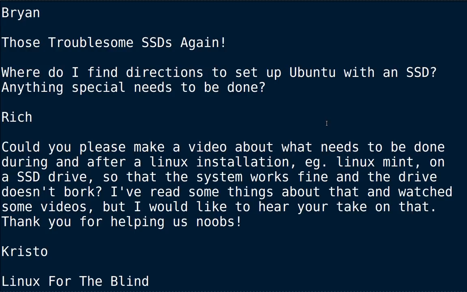You do not have to go into your fstab and set discard. You do not have to change anything in your fstab as far as options for your system, like activating noatime and all this other stuff. Don't do it. Let the system take care of it. It will do it, and it'll be just fine.